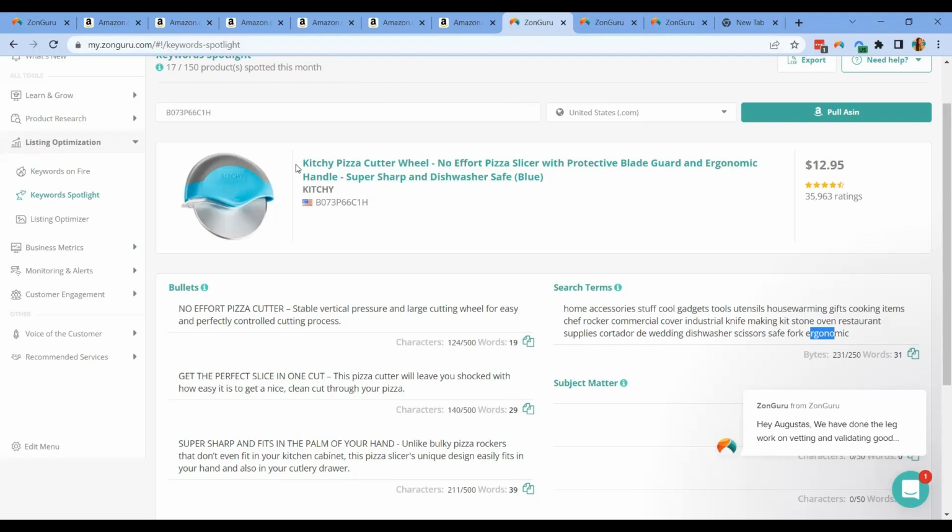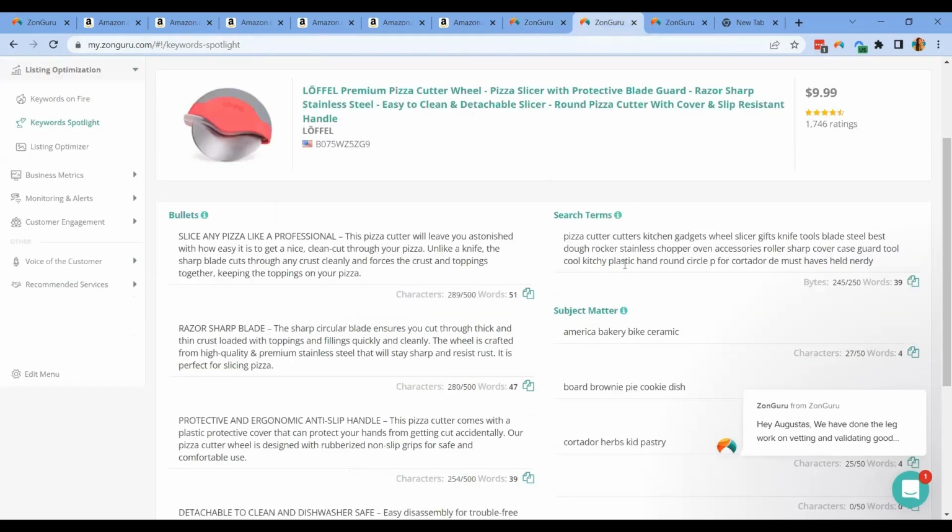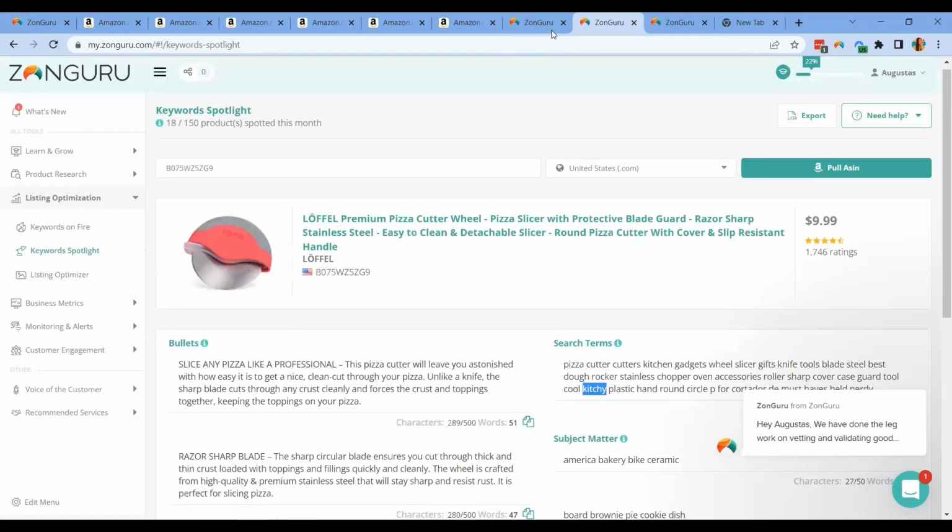So one thing that we are going to do with back-end search terms is brand offense and brand defense as well. In this case, if you want to defend, you will be putting your own brand name here. For the offense, what you will do is pinpoint which of those competitors are misleading or using your brand name to share the traffic from your loyal customers to their listing. So that is another way for you to capitalize on back-end search terms.